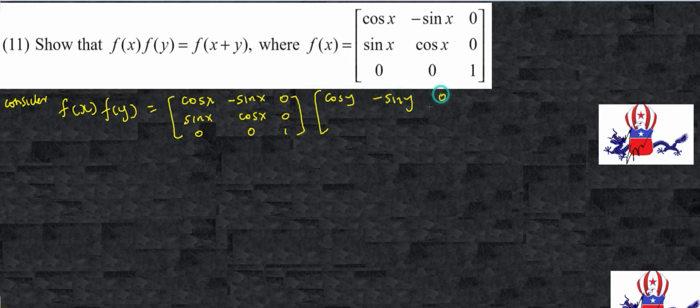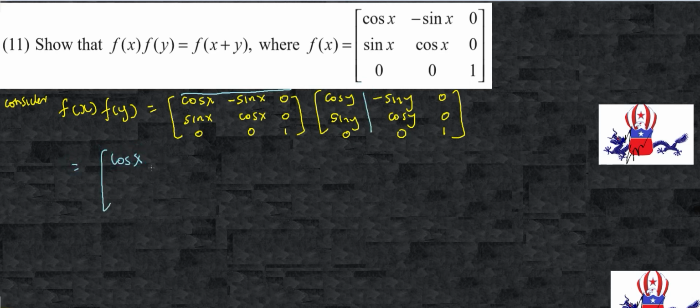Now, f of x is cos x, negative sine x, 0, and then sine x, cos x, 0, and 0, 0, 1. This has to be multiplied with f of y. So f of y is going to be cos y, negative sine y, 0, sine y, cos y, 0, 0, 0, 1. So I would take the row with a column, and that would give me cos x